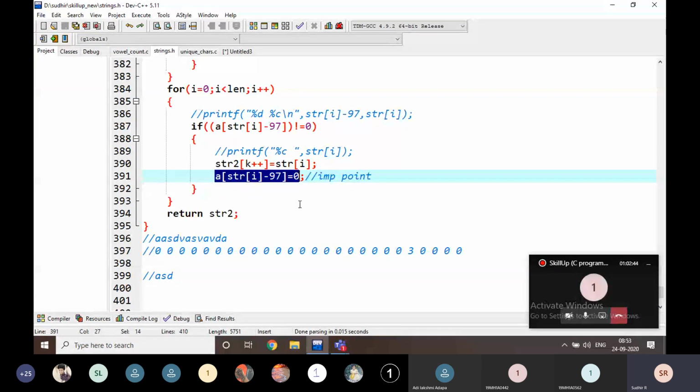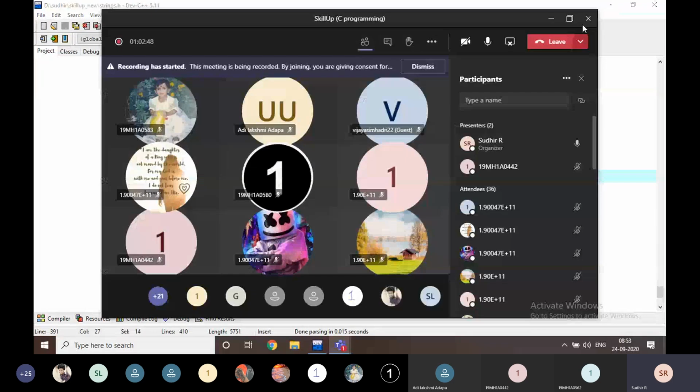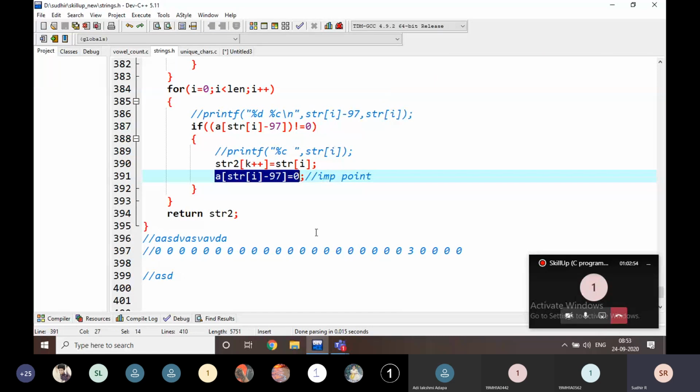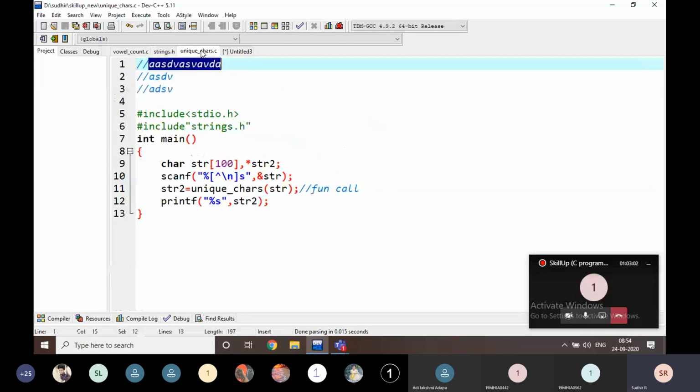Is it finished? Okay, just note down the main function.